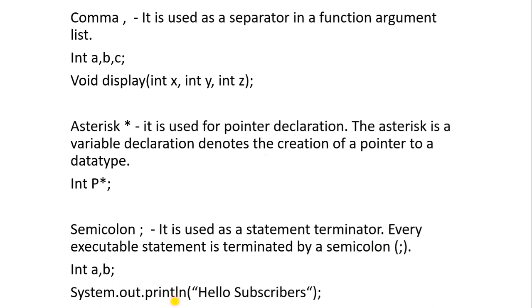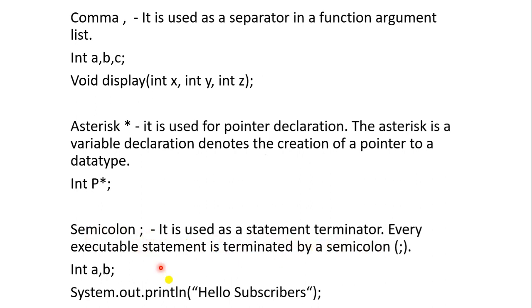Here I have written another example, system.out.println, which we use to print a statement. In that I have written hello subscribers, hi subscribers. After that I have put a semicolon, so it means the end of the line, it has been terminated.